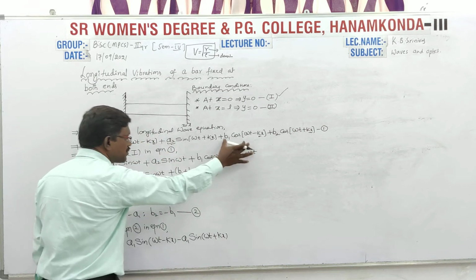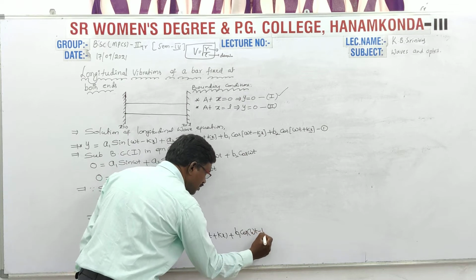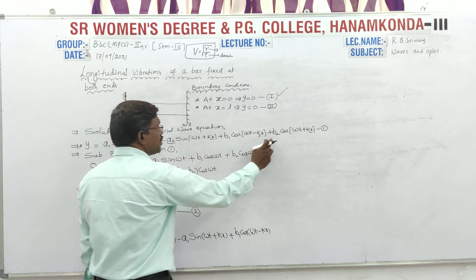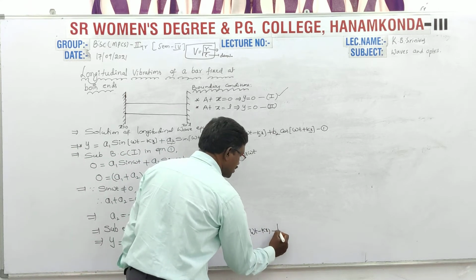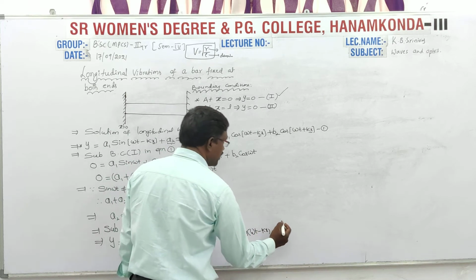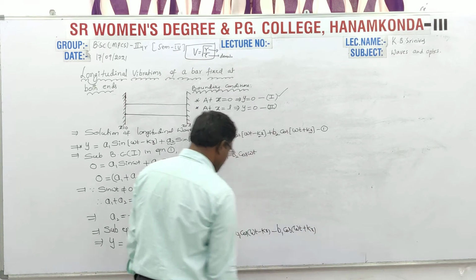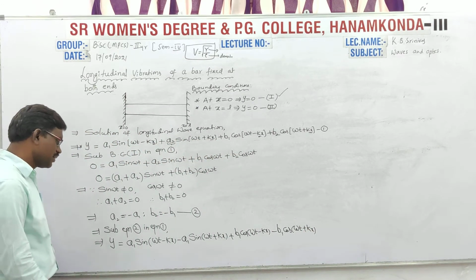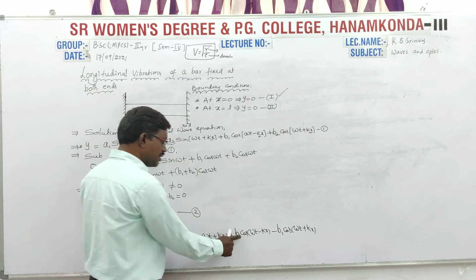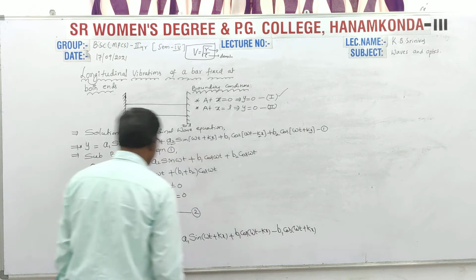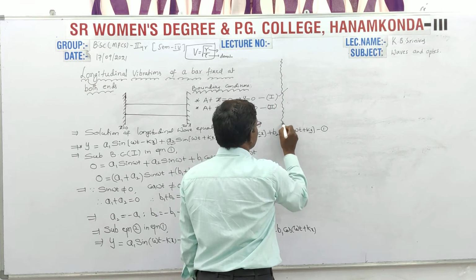Similarly, coming to the third term, the third term is the same. There is no change. But coming to the last term of this equation, b2 also can be replaced by minus b1, minus b1 cos of omega t plus kx. Are you following? Right? So you can take a1 as common from the first two terms. Similarly, you can take b1 as common from the last two terms. So the next equation will be, see the derivation carefully.